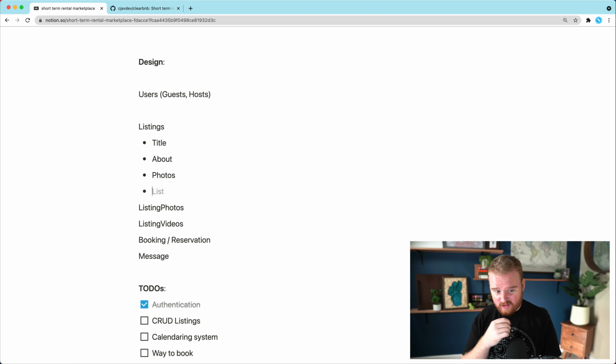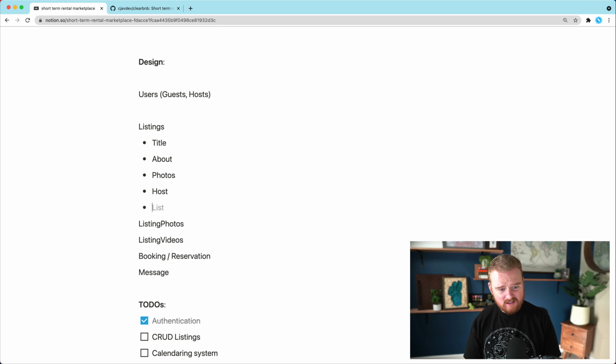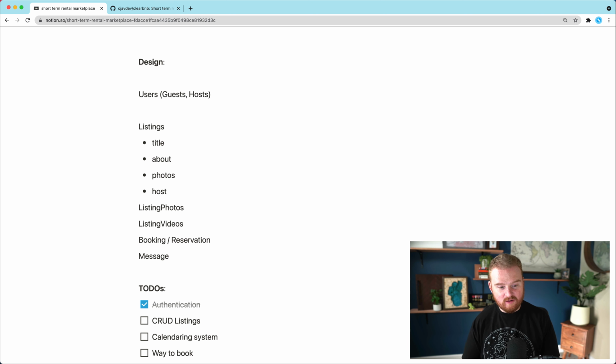let's see. There's going to be pricing, but I think pricing is something else we want to tackle down the line. This is going to be related back to a specific host. So maybe we're going to have a reference to the host. I guess, let's see. There are going to be a number of other things, but let's start with these basics and see how far we can get with just creating